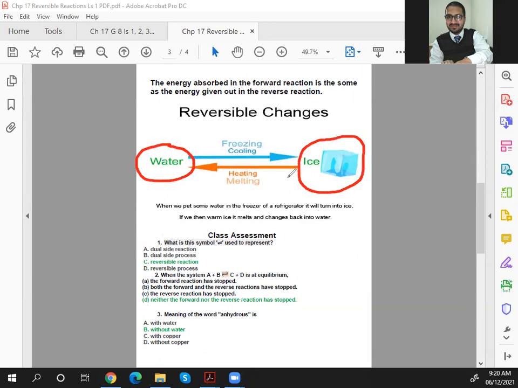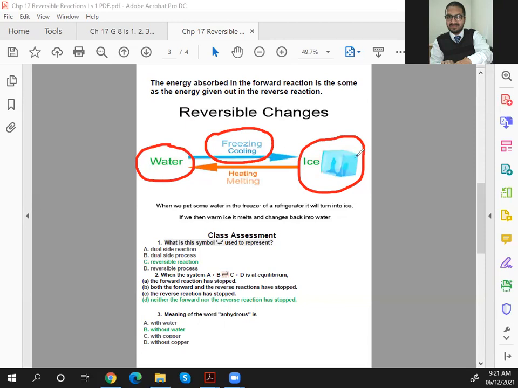Understand? So how much energy you take out, this is called your freezing or cooling, or your freezing point of water. Now when you're going to melt it, the same energy you want to absorb or give it. First, if you give it, then in the product you want to take. If you take here, then you need to give here.